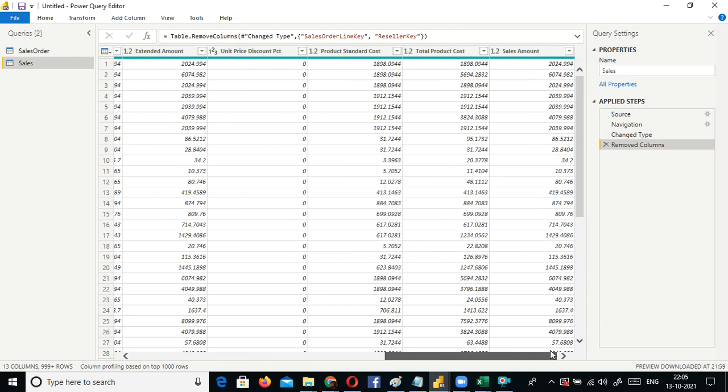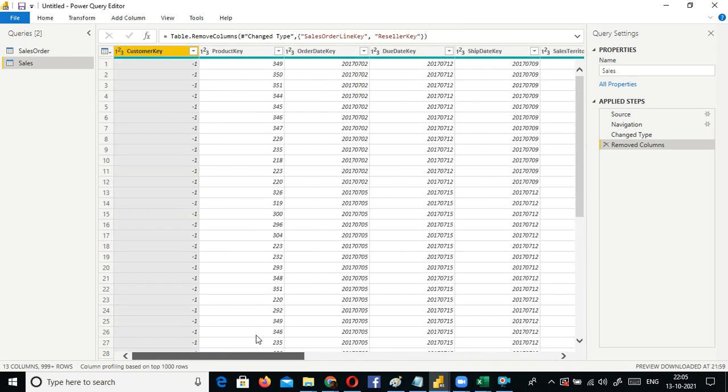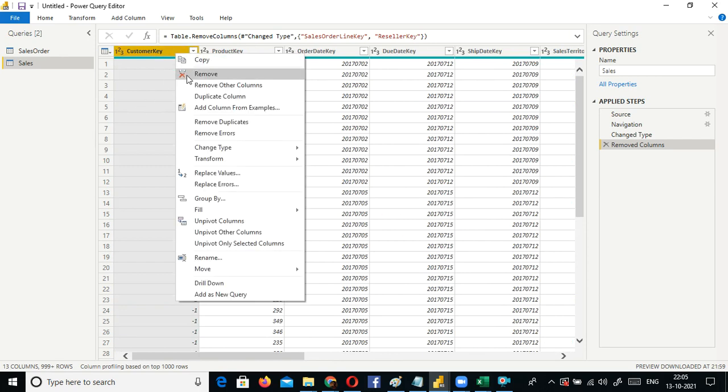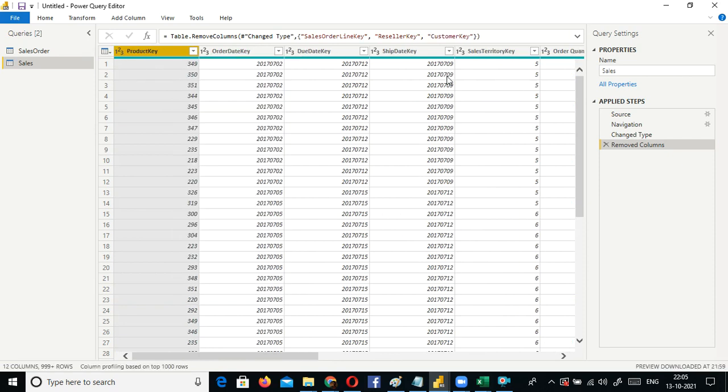selling price and cost price, right? And then total sales, between so and so date, right? So customer key also, I don't need it. Whichever columns you don't need, you can remove it, right? See, what we are doing is part of the data transformation. As part of data transformation, whichever columns are not of interest to us, we can remove it, we can delete it.